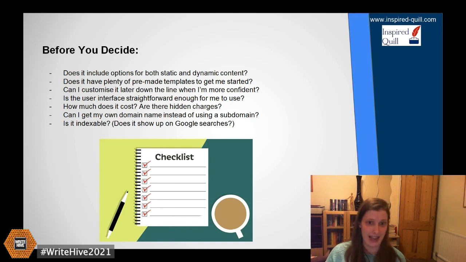Second question, does it have pre-made templates? So if you're not a web designer, if you are, hi, what are you doing here? If you're not a web designer, it's really useful to pick a pre-made template to start with. Once you get further down the line and become more confident, you can then customize it, which is the next point on this list. So making sure that there's enough there for you to begin with to get you started,